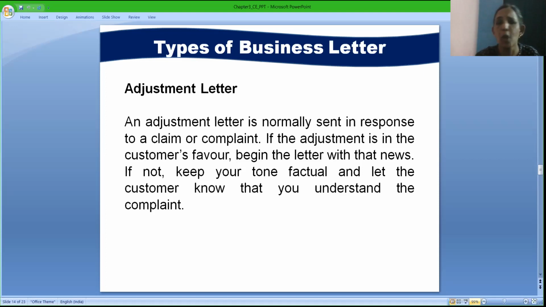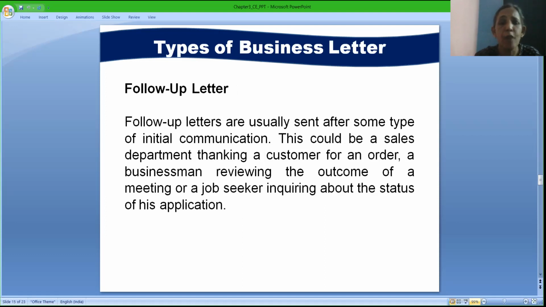Say for example, you bought a mobile phone wherein the mobile was very good, but its battery was getting heated very soon. So you request a replacement by writing a complaint letter. When your mobile is exchanged, you receive some kind of communication saying that yes, we have received your complaint, and based on the complaint that you have registered, we agreed to replace your mobile. That kind of confirmation, that kind of information shared via letters, is called an adjustment letter.